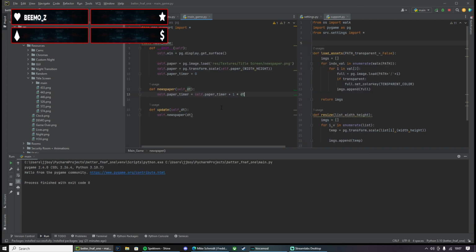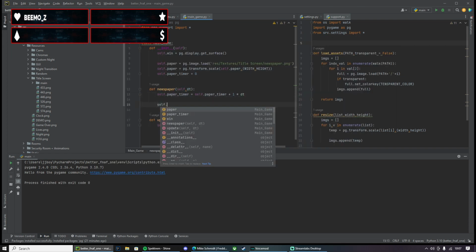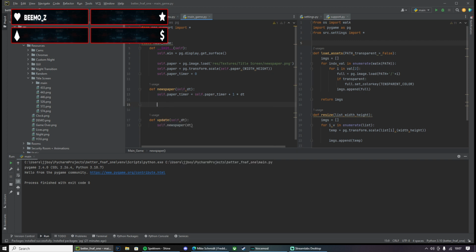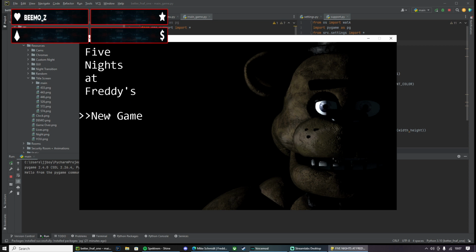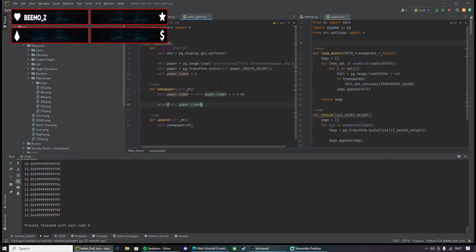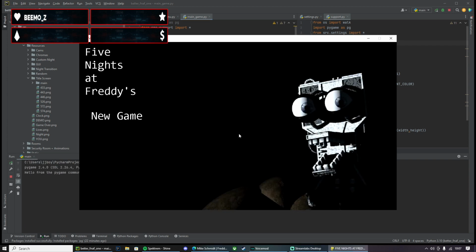No, because I didn't print it. Print self dot timer. Yeah, there we go. Okay, so we did get it right. So now it's counting up seconds. So 1 Mississippi, 2 Mississippi, 3 Mississippi, and so on up to 11. So it's going 1 a second, but then if we do this, it will go like 5 times a second. So it will be even faster.